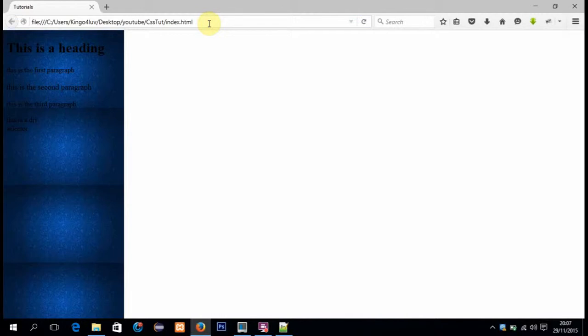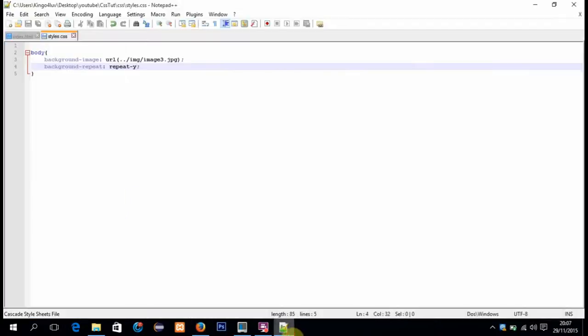That's just how you can restrict repetition of images. So if you don't want the image to just repeat, you just want to have a single portion of that image, all you have to do is change background repeat to no repeat, just as simple as that. So the image is gonna show only at the point where it's supposed to start, the normal flow of the web page,